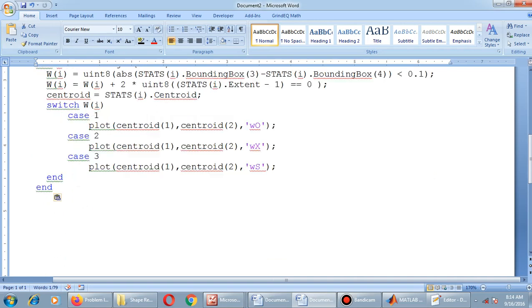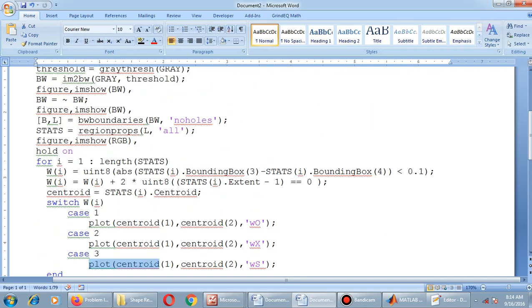Using this, we are going to plot, whether it is a circle or a rectangle or square. To plot this, we are keeping this line hold on. Hold on is used